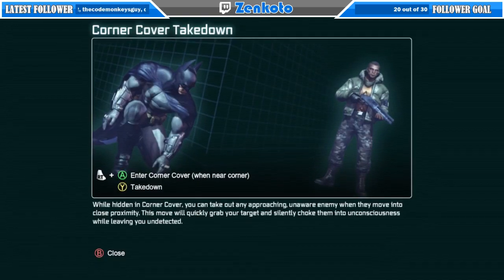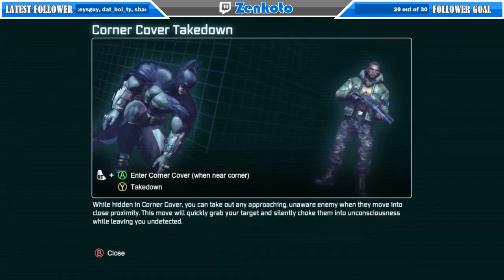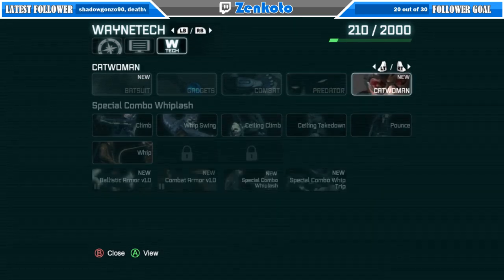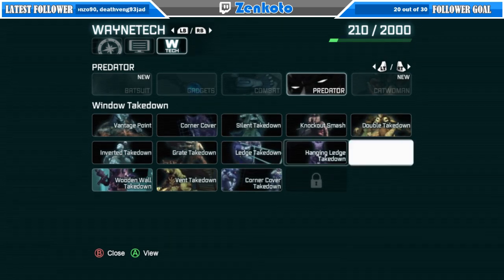Corner cover takedown. Okay, and yep, that was another takedown that was also in Batman Arkham Asylum. So a lot of these are pretty similar. The only new ones, it seems to be window takedown,